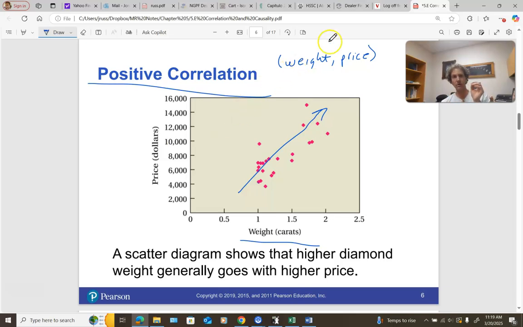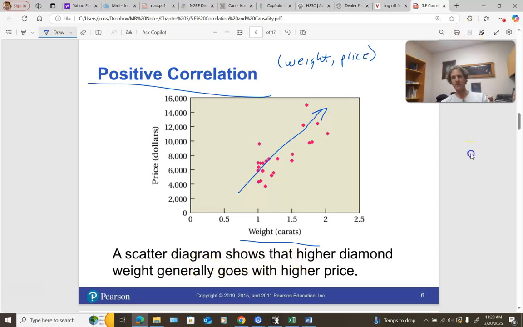These two variables, namely weight and price, are positively correlated. That's the way that you would say that, because an increase in weight would correspond with an increase in price. And anybody that's bought an engagement ring or a wedding ring knows this intuitively, right? It says this is a scatter diagram or scatter plot that shows that higher diamond weights generally correspond to higher